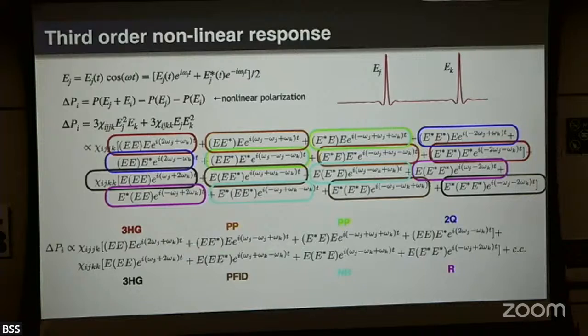This one here is also perhaps intuitive to understand. It's coming in like E star, right? Omega j minus omega j times E. And E star, that's an intensity, right? So what I can imagine, this what we call pump probe signal, this is a process which corresponds, if you